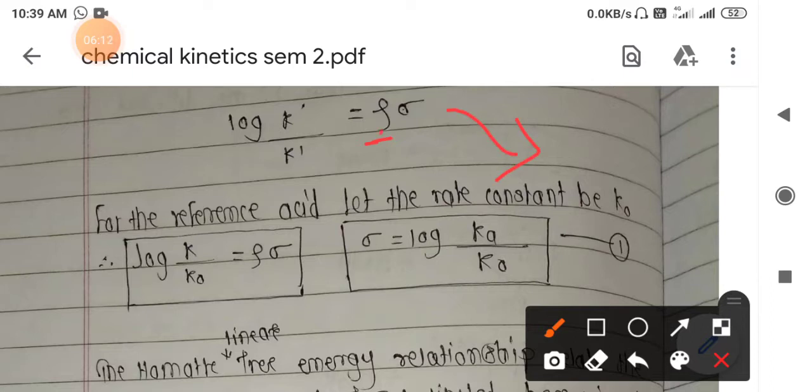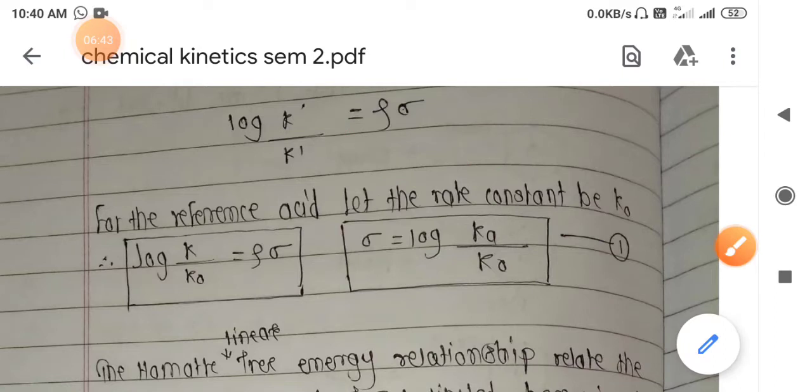So this depends upon the type of reaction that is taking place in the given example. If you consider the above example, there is an acid base reaction or neutralization reaction between benzoic acid, the acid group, and the base group, that is OH minus. And it is a substituent constant which depends upon the type of substituent that is present in the given molecule. So rho depends on the reaction constant and sigma depends upon the substituent like nitro or amino.